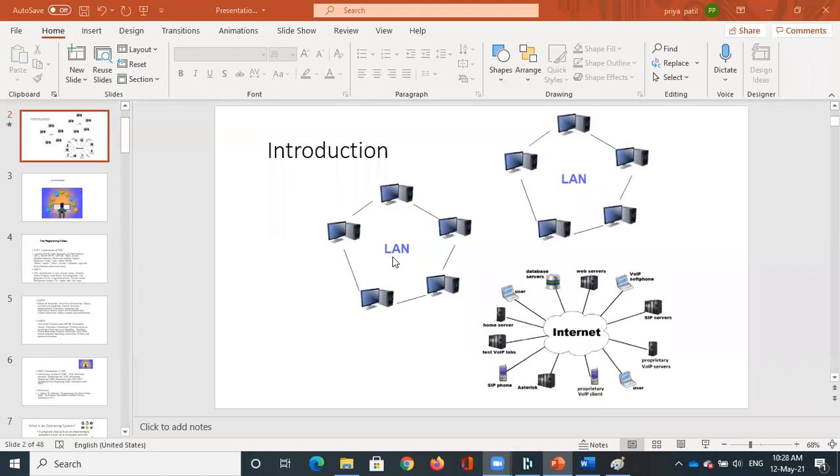Now the thing is, what if I want to send an email to somewhere else? Like I want to send to the US or somewhere, say Bangalore and so on. In such a situation, we require a connection so that my computer is linked to a computer that is present somewhere else on the earth. So for sharing such information, we require the internet.